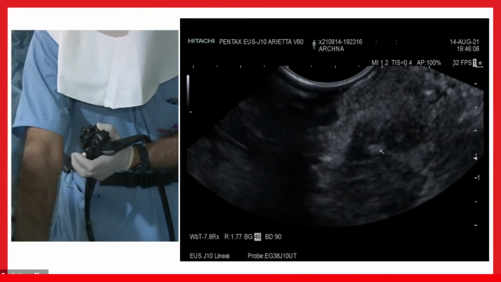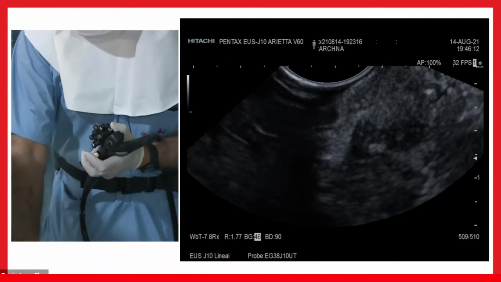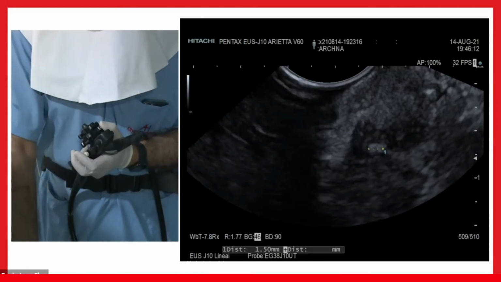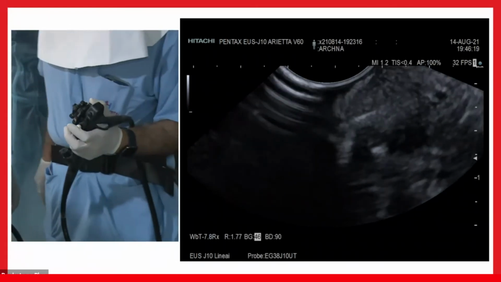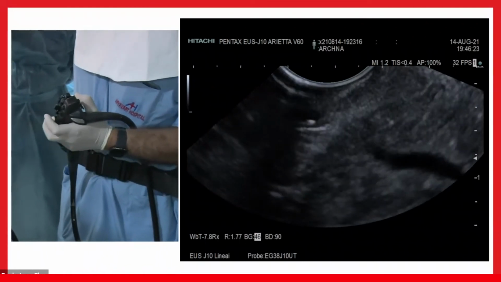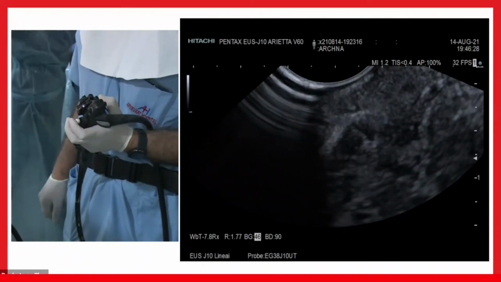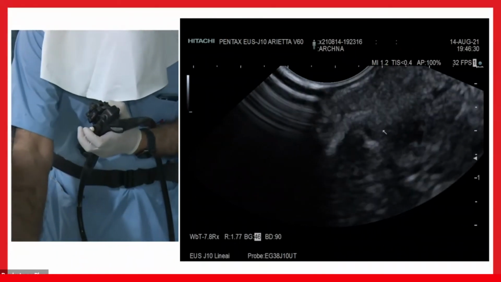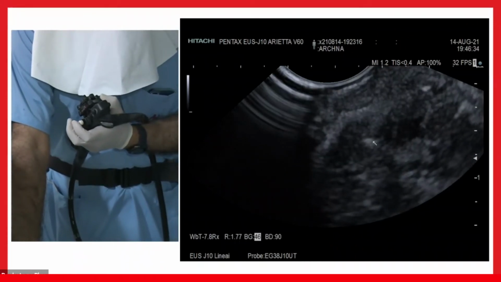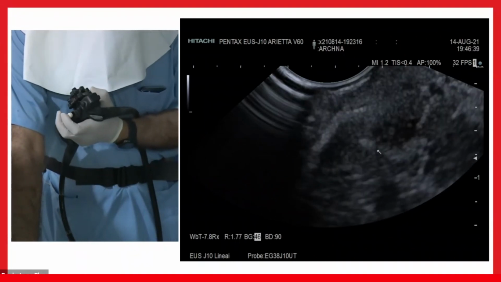So now what is this? Is this a stone or is this my imagination? I will freeze it. I will measure the size of this structure. Is this a 1.5 millimeter stone and this is my imagination, or is this a stone? So I will not call it my imagination. I will call it no. In the circumstances, this is a 1.5 millimeter stone which is impacted at this particular point. This is a hyperechoic spot exactly at the point where the pancreatic duct is ending, not in the bile duct, where the pancreatic duct is ending.